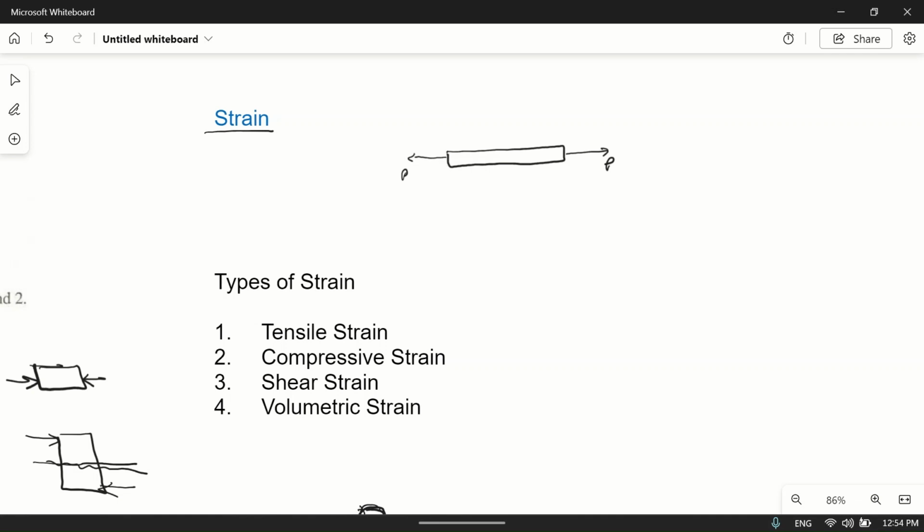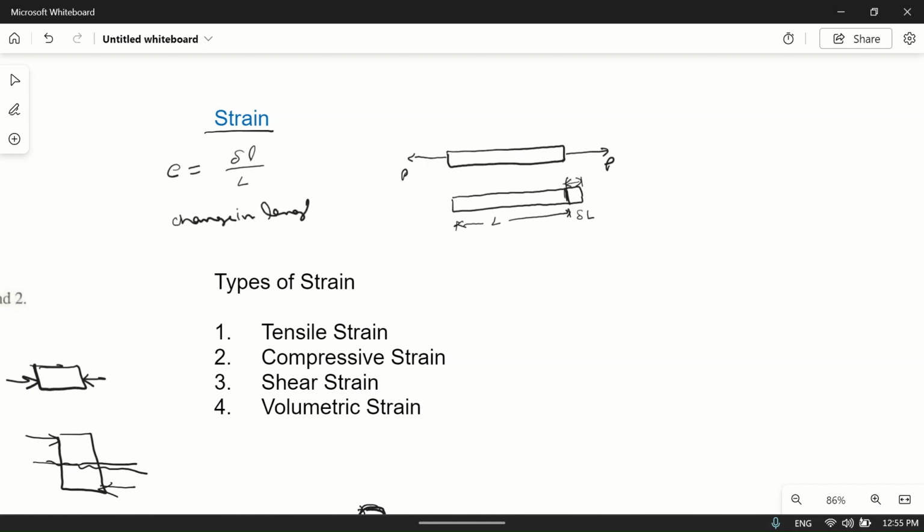all the materials have some type of elasticity. Some have less, some have more. So when we pull this material, it will try to elongate. Suppose this L was its initial length, and this delta L is the amount of elongation, the length which increased from the initial length. So what is strain? Suppose strain is e. e will be equal to delta L upon L, or simply we can say change in length